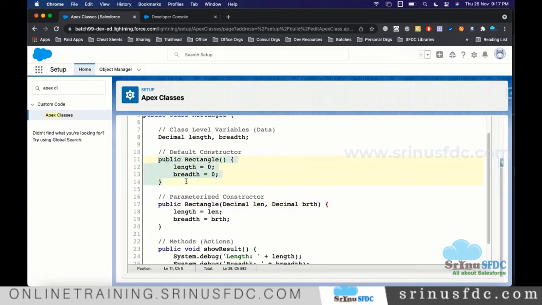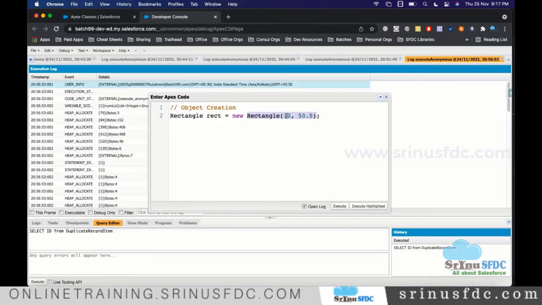So the above constructor is not accepting any parameter, right? So there are no parameters. How do you supply 5? I will directly assign it in the constructor only. Length equals 5. So if you directly give 5, okay, let's say here I am giving 10.